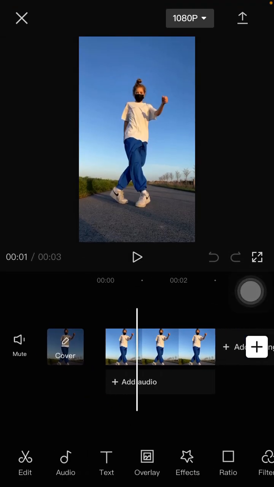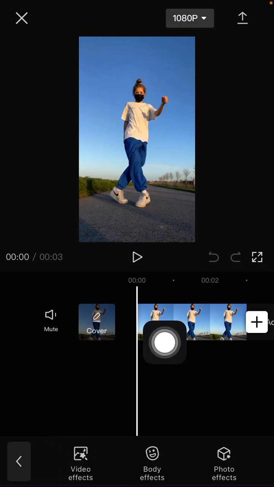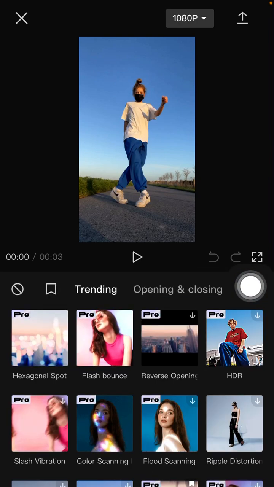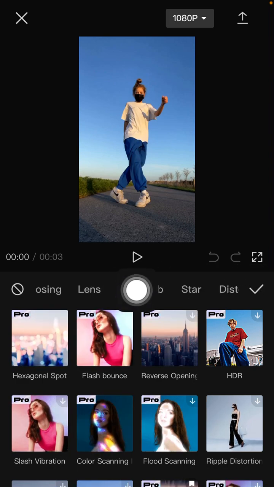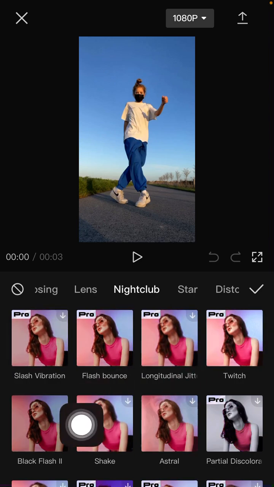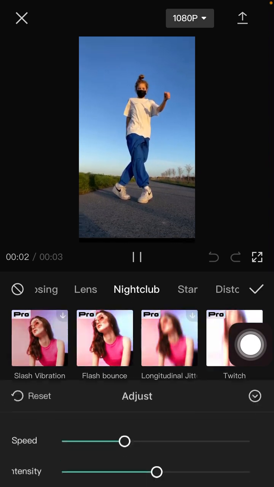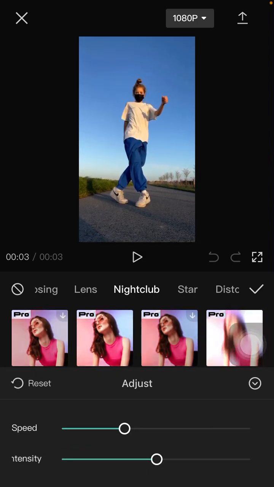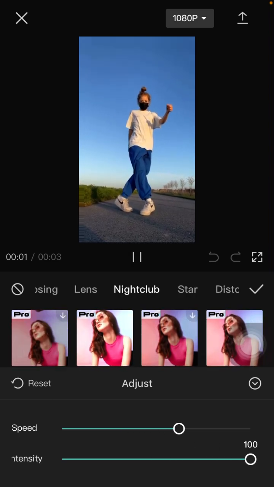So there is a photo here and I'm just going to add effect, select video effect. So you can select the nightclub and select a shake effect. Just download and add the track, and you can change the speed and intensity, and